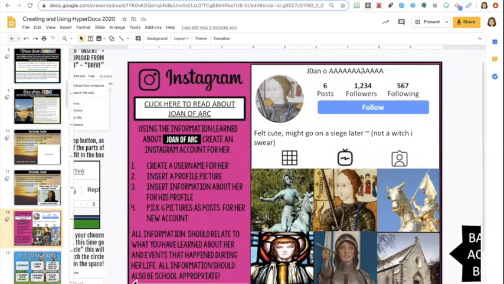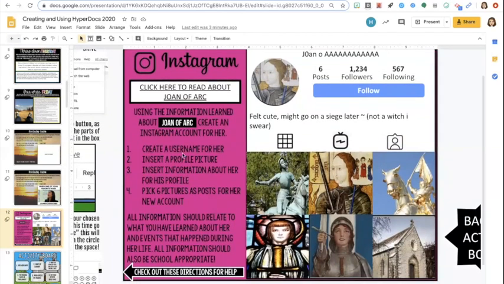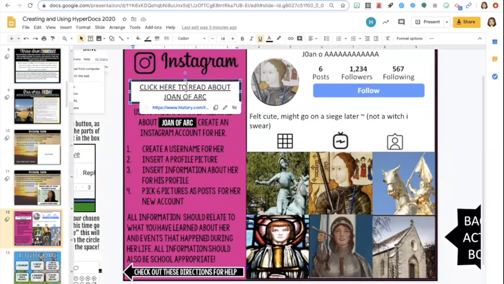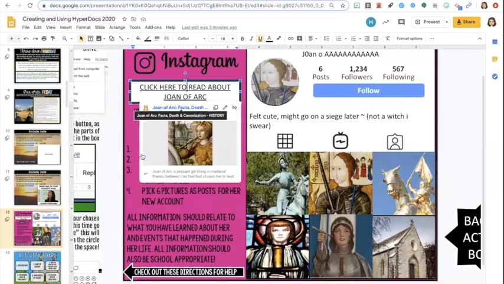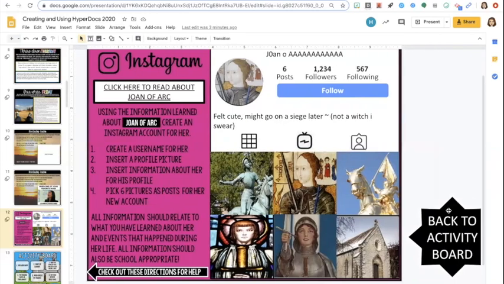They were able to make a username, their profile here, and then six obviously relevant pictures as well. And they had to read this article, so this is a link that they would click on and open up. And I always put a little arrow if there are directions on the side for them, so they know that they're there. The other thing you can do, and I'll show you this on the next page,